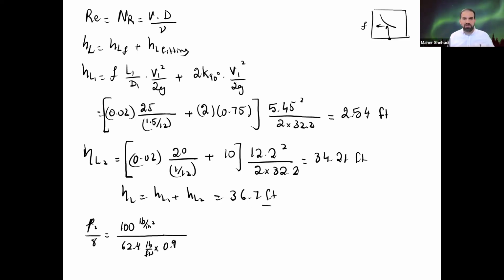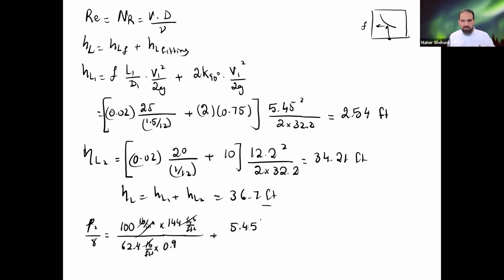So I'll need to convert this to be in pounds per inch squared. So I will multiply that by 144 inch square per foot square. So this with that, and then pound with pound, and then I would have 1 over foot square divided by 1 over foot cube. That would give me feet